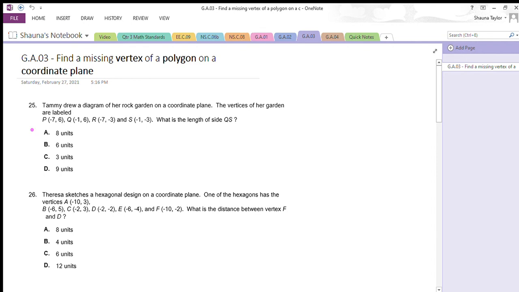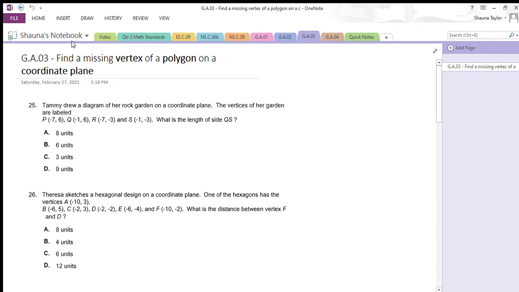25. 25 says, Tammy drew a diagram of her rock garden on a coordinate plane. The vertices of her garden are labeled. P is -7 and 6. Q is -1 and 6. R is -7, -3. And S is -1, -3. What is the length of side